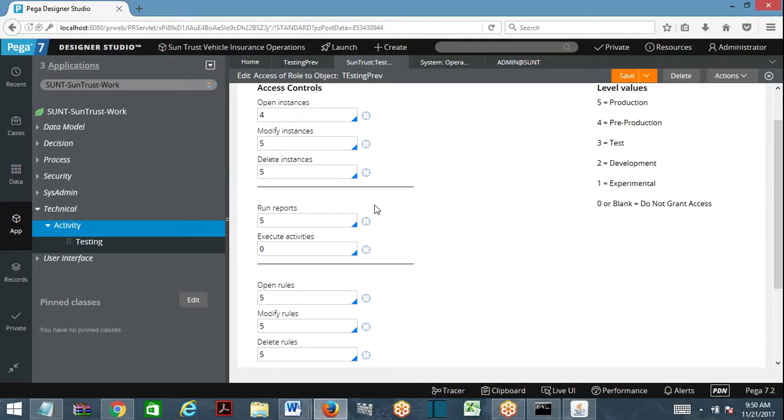So how to achieve this? Otherwise, 1, 3, 5 I want to execute, 4 and 2 I want to prevent. I want to allow the users to execute activities in the experimental environment, test environment, production environment, but not in environment 4 and 2.